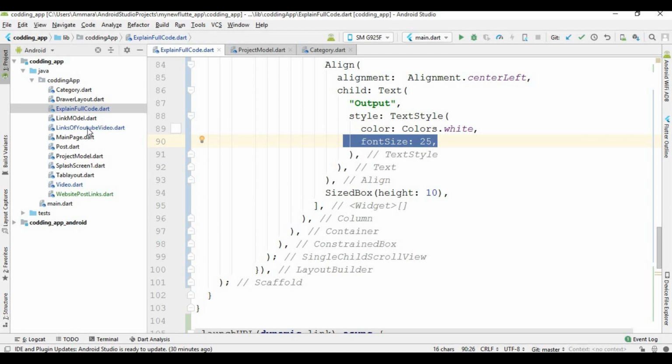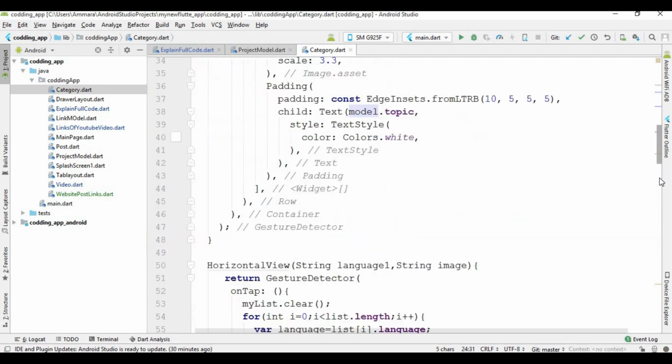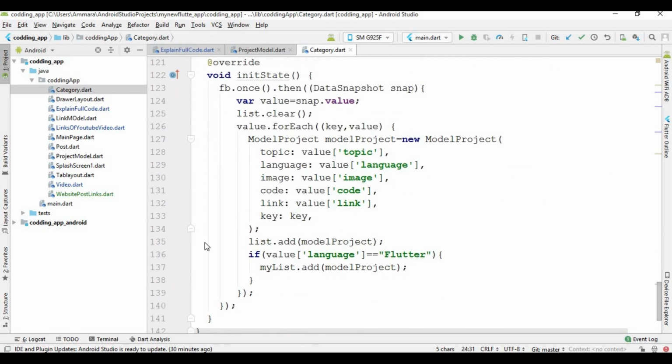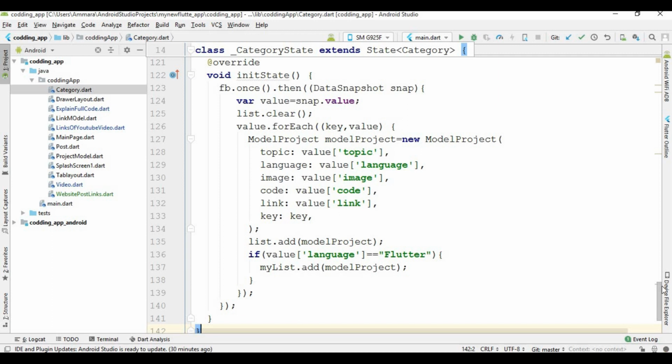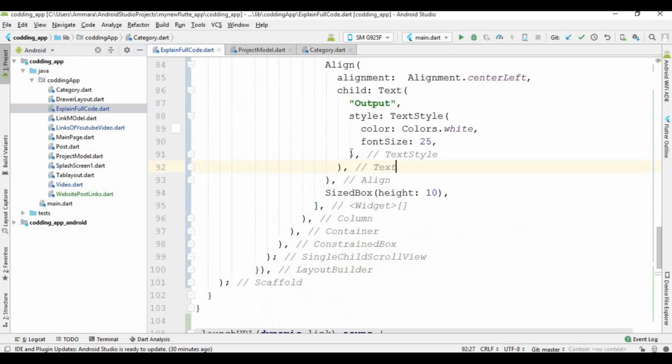In the previous video, we fetched all the data from this database and passed the data to this class. If you did not watch my previous video, from where I am getting the data, you have to watch it, and I will show you the previous video. So this category section, and inside this category section, I fetch all the data from the database here. You can see that, and after that I pass this model class to the next class. If you did not watch this video of mine, you have to see that video so you can understand better. And now I am going to fetch the image.